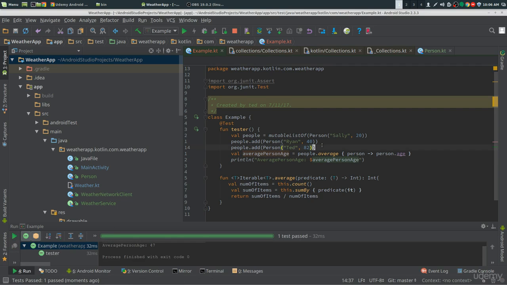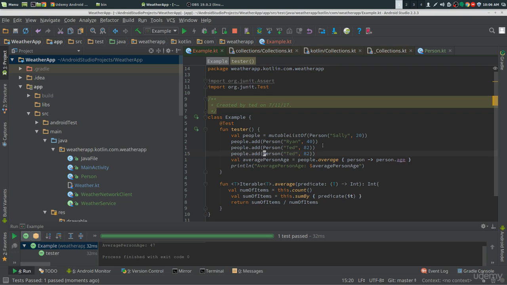We can change this as well. We can add another person and put a four for age. It goes down to 3. Now we know what an extension function